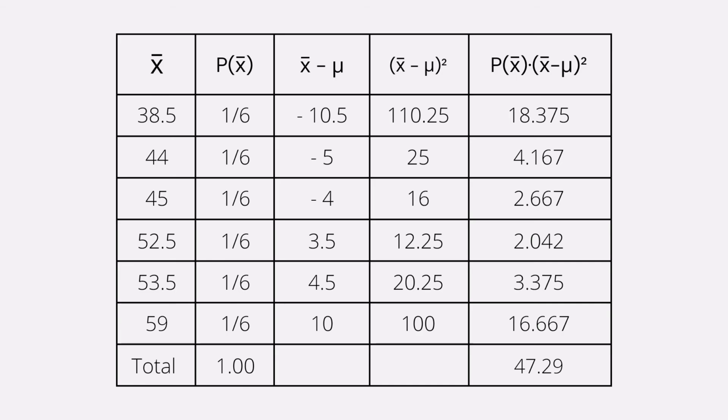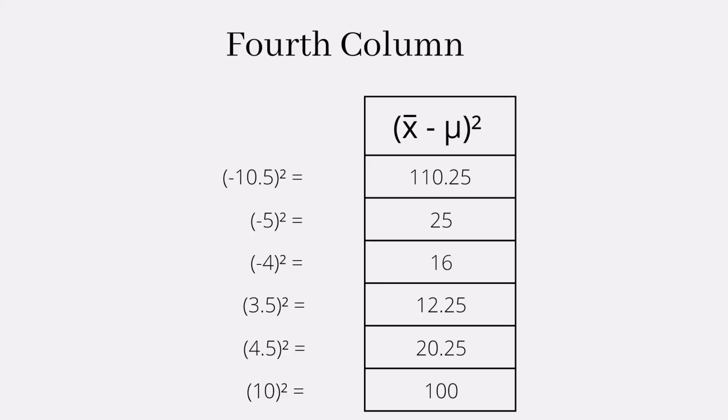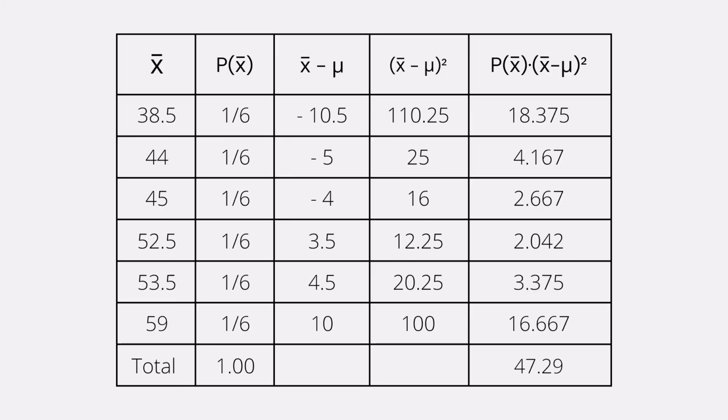For the fourth column, we will simply square the answers from the third column. So negative 10.5 squared equals 110.25. Negative 5 squared equals 25. Negative 4 squared equals 16. 3.5 squared equals 12.25. 4.5 squared equals 20.25. 10 squared equals 100. For the fifth column, we will multiply the fourth column's results by its corresponding probability from